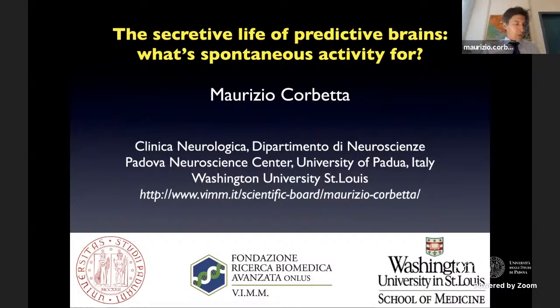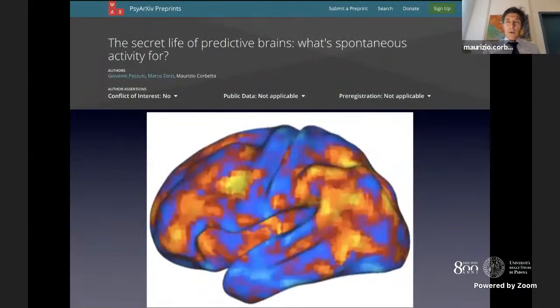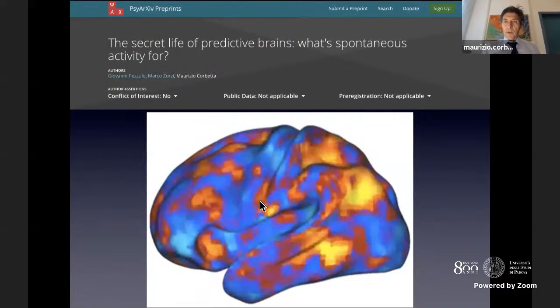And the title, as you see, is kind of a catchy title because the presentation is about a new hypothesis that we have developed in this manuscript that is now at bioRxiv, in collaboration with Giovanni Pezzulo and Marco Zorzi. It's a hypothesis about why we have spontaneous activity in the brain. What is it good for? We know it's there, we know that it's highly organized. So in these 35 minutes, if I get there, I will try to suggest some new ways of thinking potentially about spontaneous activity and maybe some ideas about experiments that we might carry out. So this is an example of